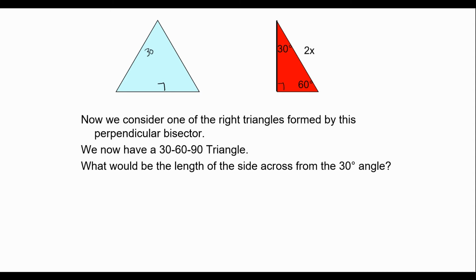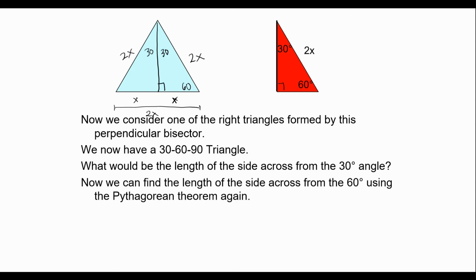Now, because in this original triangle, when we had this split, this was 30 and this was 60, we said that all the sides were 2x. Now, if this whole side is 2x and this is the perpendicular bisector, that means this side is x and that side is x. So the side that's across from the 30-degree angle is considered x. And if we use the Pythagorean theorem to find this last side, we have x squared plus,